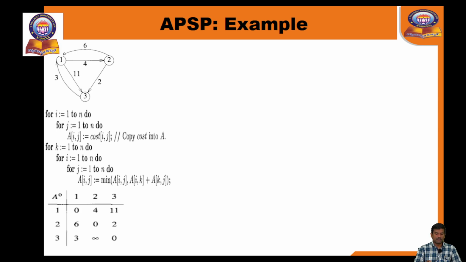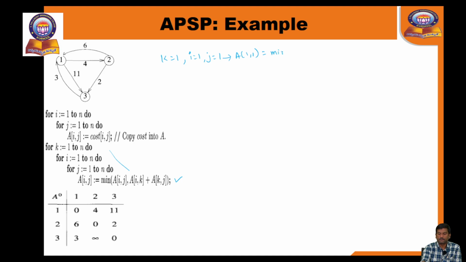So what does the value of k indicate? The value of k here is equal to 1. So k equal to 1, and the value of i will be equal to 1, j will be equal to 1, because the same thing is represented using the nested loops. So when k equal to 1, i equal to 1, and j equal to 1, use this computation statement. That is A of i comma j, because i equal to 1 and j equal to 1. So A of 1 comma 1 is equal to